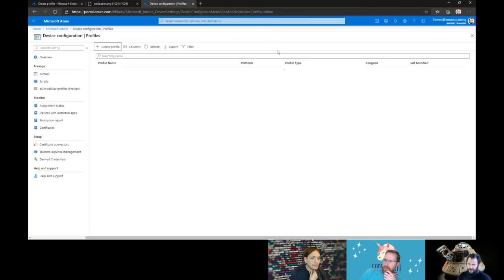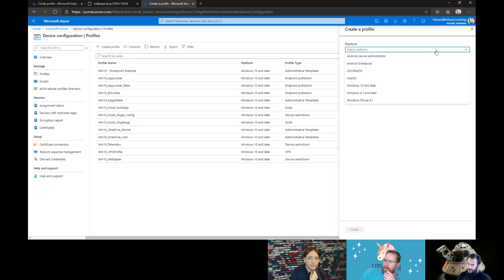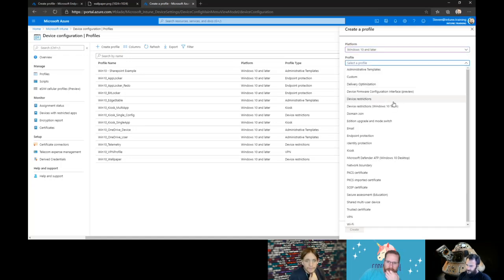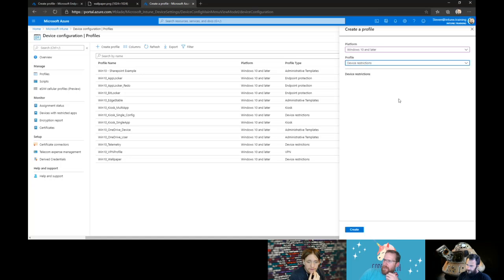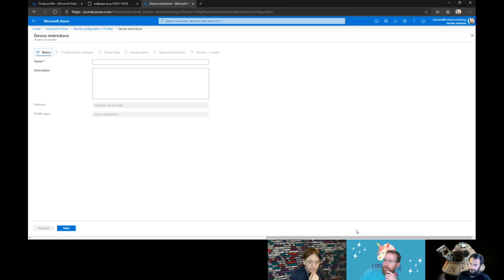Yeah, but not AV. Which one is it under? I always keep forgetting this one, evidently. Yeah. Device restrictions, maybe? Strongly doubt that, but have a look. Did the Windows Defender Security Center? No, or maybe.